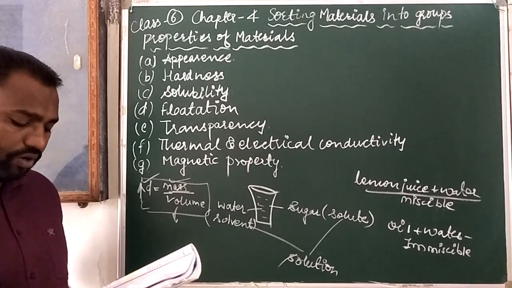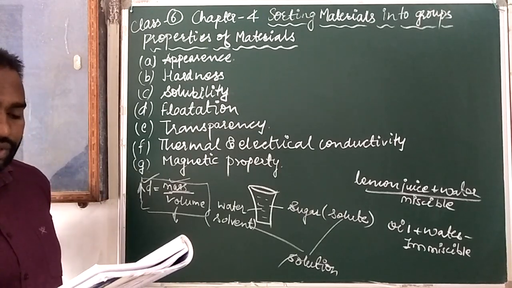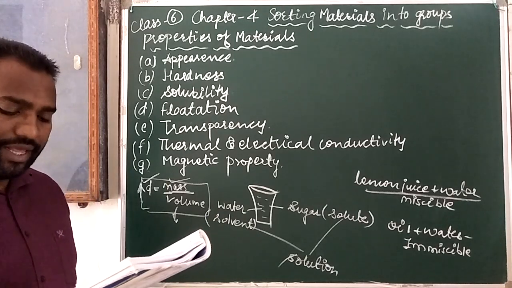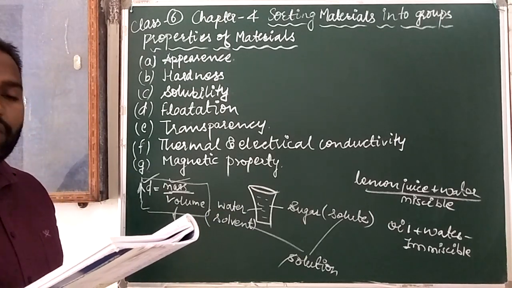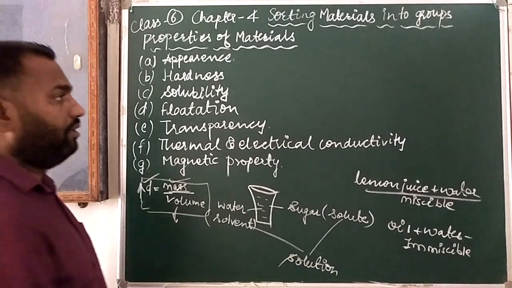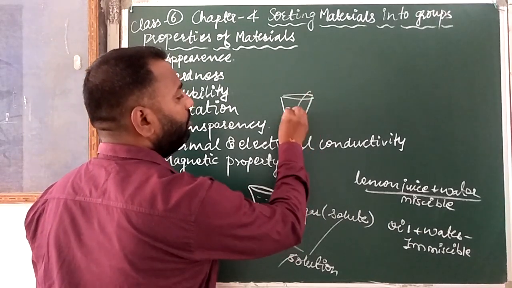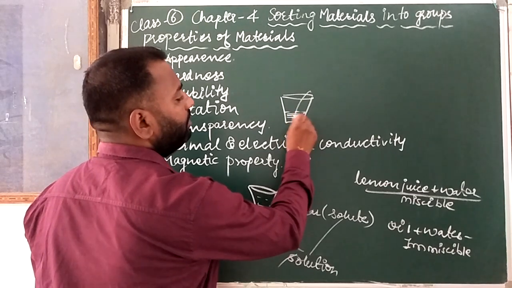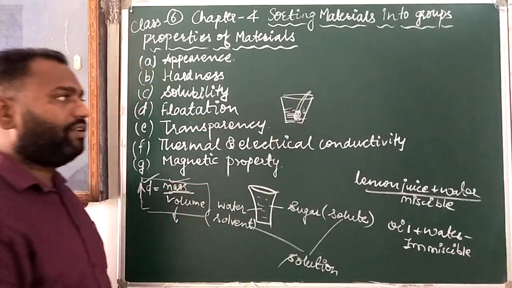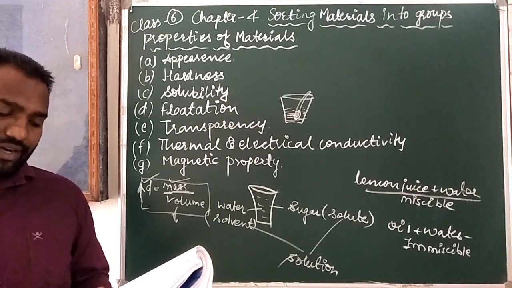When a stone is placed in water, the water level rises. In this case, water is said to be displaced. When we have a glass with water, the level before is this much, and when we add a stone, the level increases. So when a stone is placed in water, the water level rises.